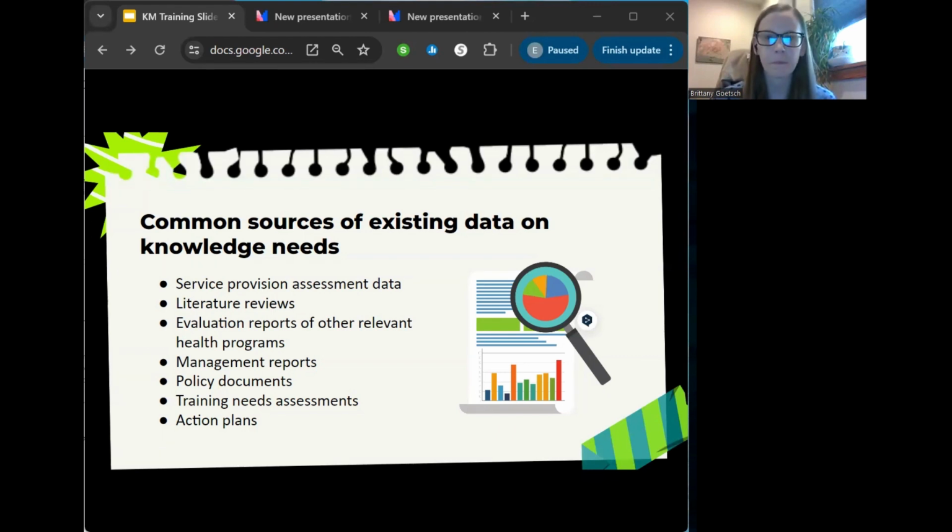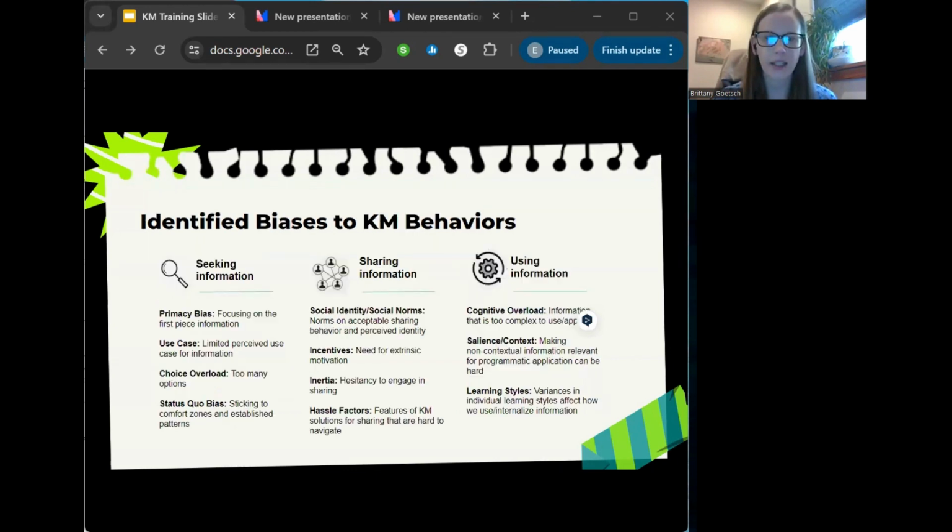do other data reports look like, action plans, training needs assessments. You can also look at things like the WHO, like relevant international guidance documents, things like that. Next slide. And then,